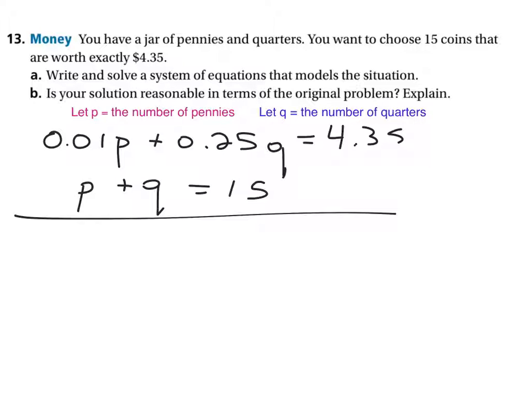we would solve for one of the variables. If we were to subtract Q from both sides, we get P is equal to 15 minus the number of quarters, which will give you the number of pennies you got. Okay, so then we can substitute in. So now we say 0.01P plus